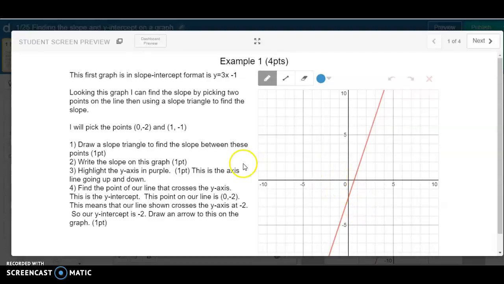So let's walk through how we do this example. We are given y equals 3x minus 1. I'm looking at this graph and I can find 2 points. I'm going to pick the 2 points that I know I have right here, and to find a point I'm looking for where these grid lines intersect. So it looks like there's a point right there, which is 0, -2, and then we have one where we